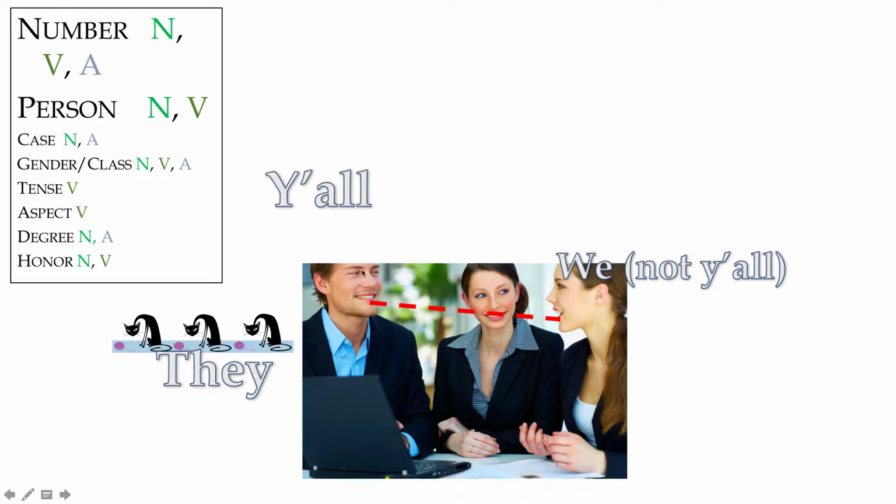If this woman is speaking and she wants to exclude these two people at the table with her, she can also say we, but instead of saying we two are going to do this, do you want to come? She could be including her and some other absent person. Maybe her and her partner, her and someone else. We, but not y'all, not you guys, not you two, are included in this we.